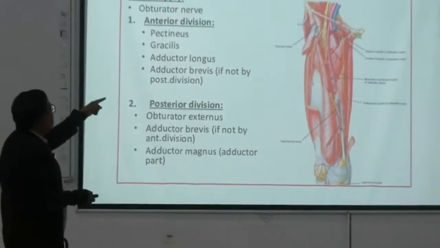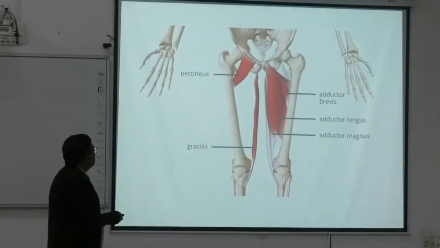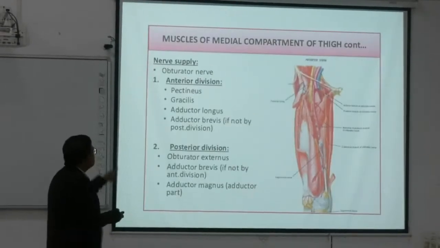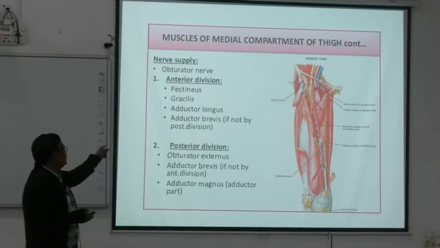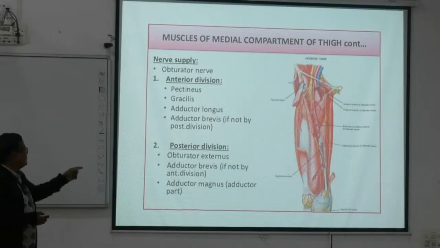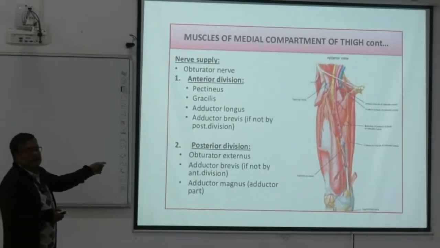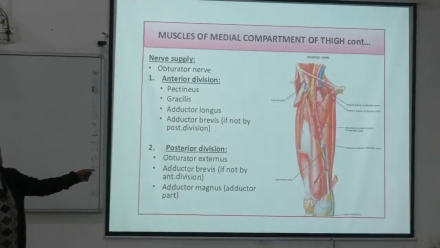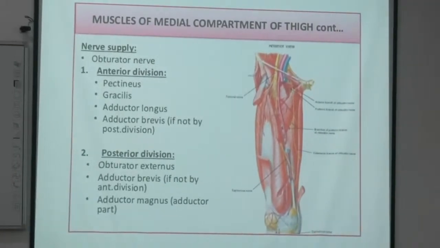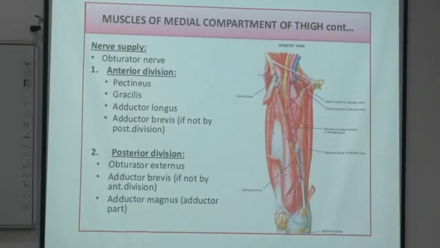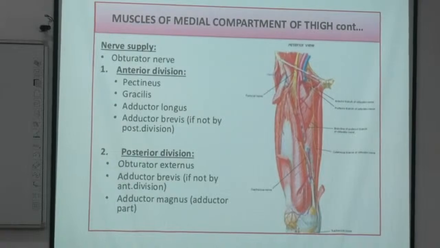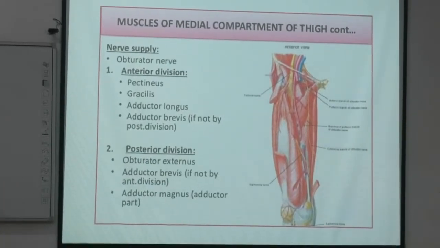তাহলে বাসেলস, অ্যান্টেরিয়র ডিভিশন কি কি সাপ্লাই করছে? পেকটিনিয়াস, গ্রেসিলিস, অ্যাডাক্টার লঙ্গাস অ্যান্ড অ্যাডাক্টার ব্রেভিস অকেশনালি, অ্যান্ড posteriorly obturator, আরেকটা বলেছি, obturator externus is supplied by the posterior division, adductor brevis and adductor magnus. adductor magnus এর কোন পার্ট সাপ্লাই করে? অ্যাডাক্টার পার্ট।